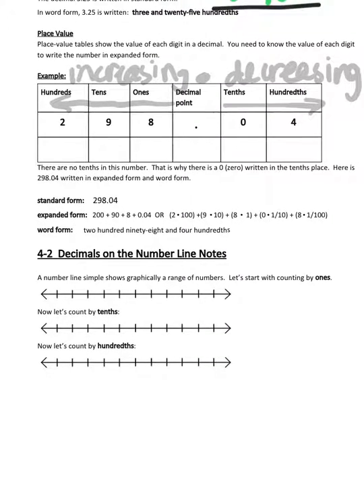There are no tenths in this number, so you need that placeholder. If you have something like 298.04, that means there are 4 hundredths, but you need that placeholder right here. That's important, okay? If I write 298.04 in expanded form, it means that I have 200 plus 90 plus 8 plus 0.04, which I could also write as 4 hundredths. Remember that